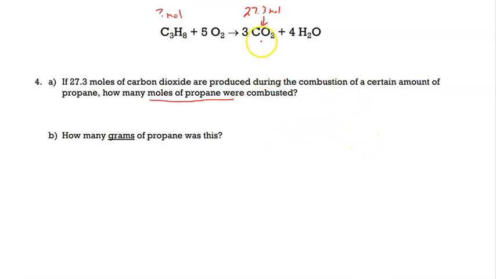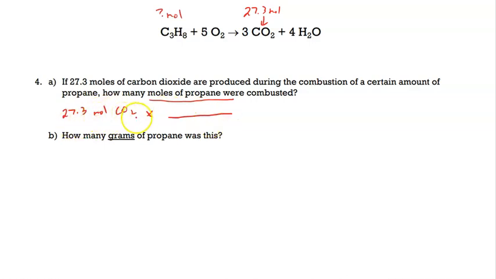All right, so again, we're just going to use our 3:1 mole ratio. This time we're starting with the amount of CO2, so it's going to be 27.3 moles of CO2. All right, I'm going to multiply by my mole ratio, so set up my ratio as